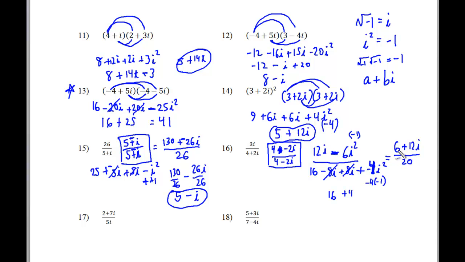Because what I need you to do here is take a look at that 6 over 20 and 12i over 20, they're both even. So what we can do is split this up and simplify it. So 6/20 plus 12i over 20. And what this will do is simplify the 6/20 by 2 to be 3 over 10. And this will simplify by 4. See, 12 and 20 can both be divided by 4 to make 3i over 5. And that is the super simplified answer that will get you a little bit closer to doing things